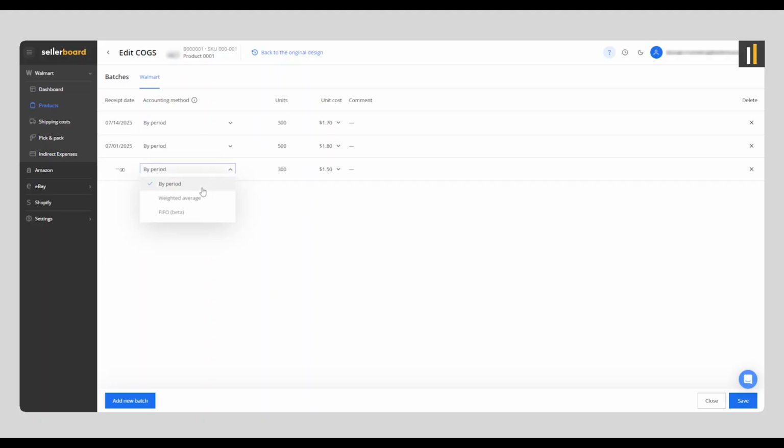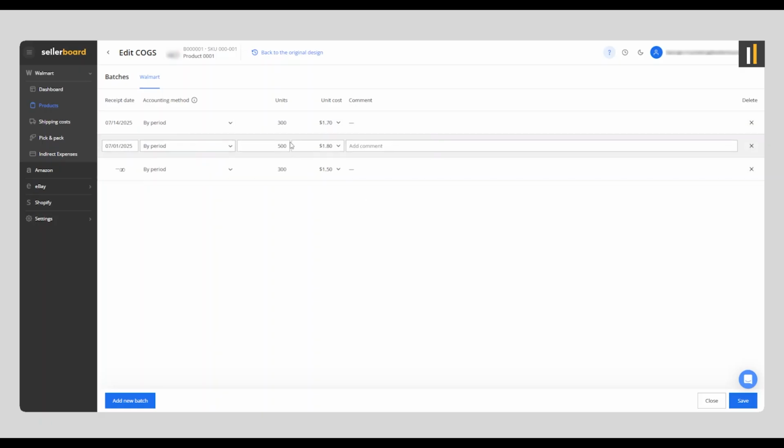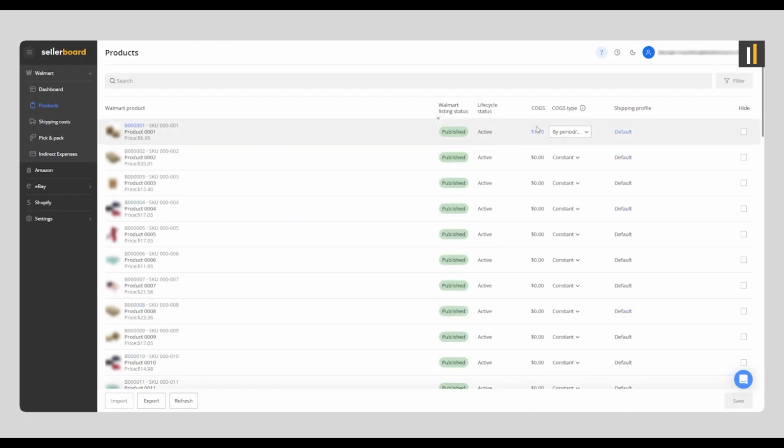Also, it's worth mentioning that we'll be releasing the weighted average and the first in, first out calculation methods in the Walmart dashboard pretty soon. So follow our updates for that. Okay, on this page, when you've input all of the information for your periods and COGS, and also maybe you need to add a comment to one of these lines, once you're done, you can click Save, and then basically you are good to go with the cost of goods